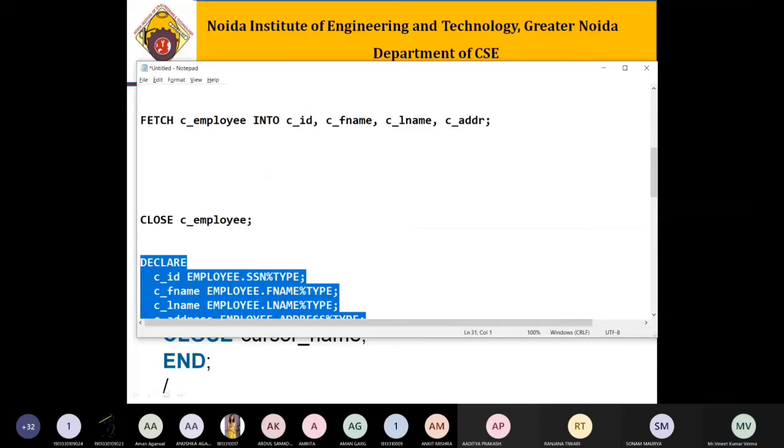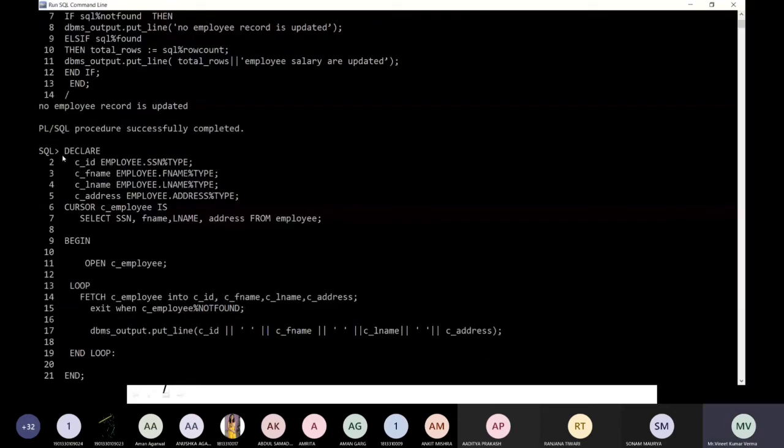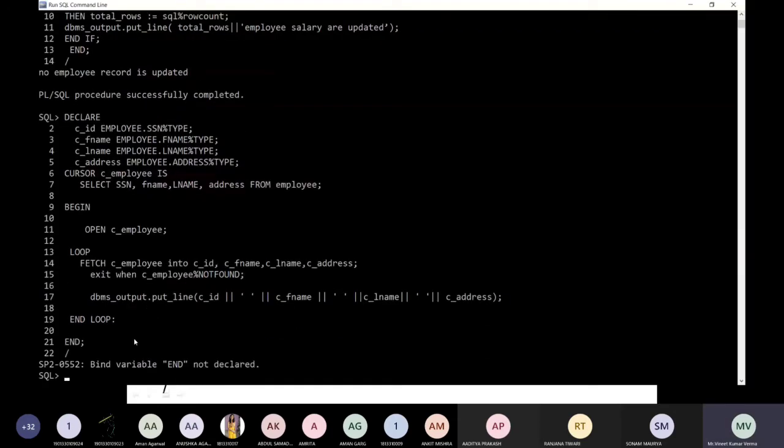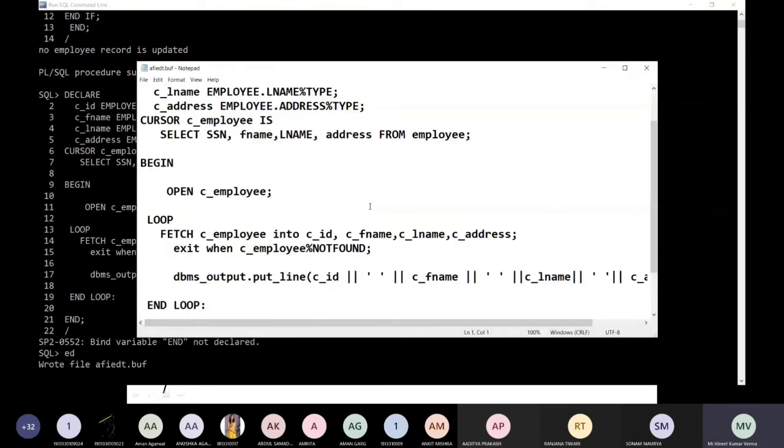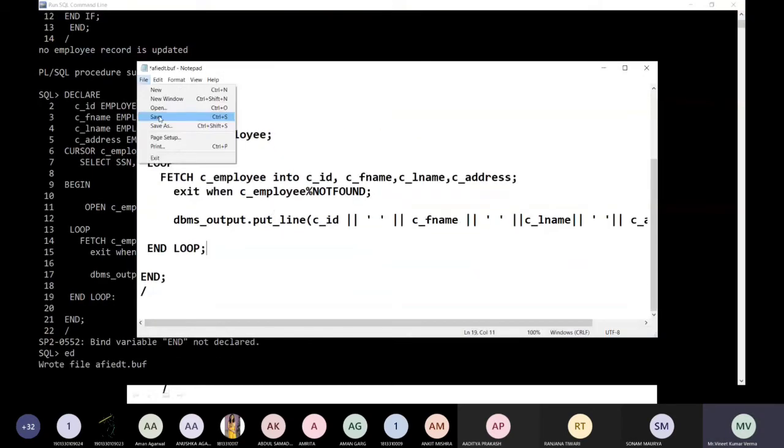See here. What is happening here? In loop. Okay, loop. Here we have a column, but it must be ended, right? So begin, right, fine. Control F, save, and then we have to exit.